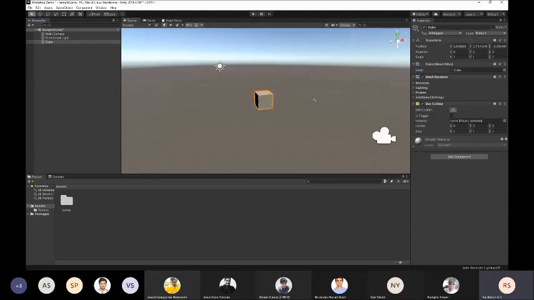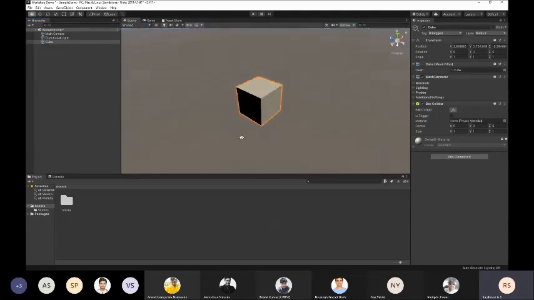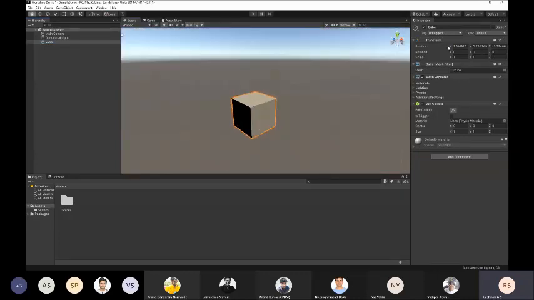Okay, to move objects around in the scene view, one way is to change the values directly here, but another simple way is to use the move tool, which is this one next to the hand tool. Click on the move tool and you can see three arrows. Each one moves in its own axis. This is Y, this is Z, and this is X axis. You can click one of those arrows and move the object around. And you can see the values also changing over here.